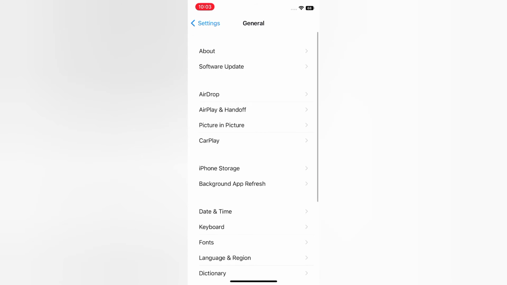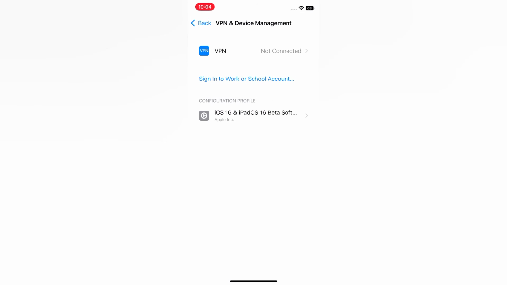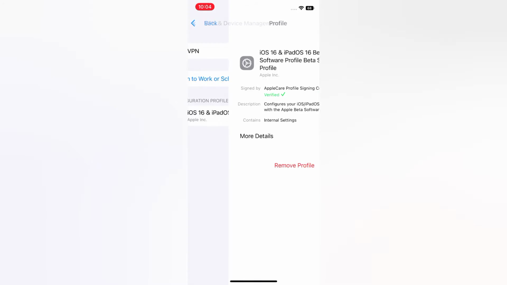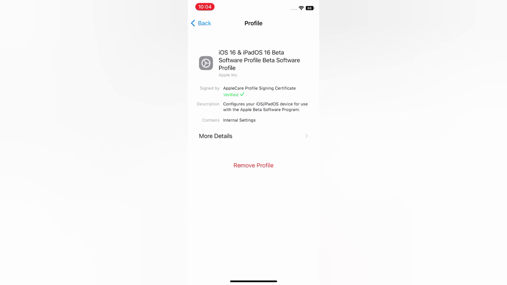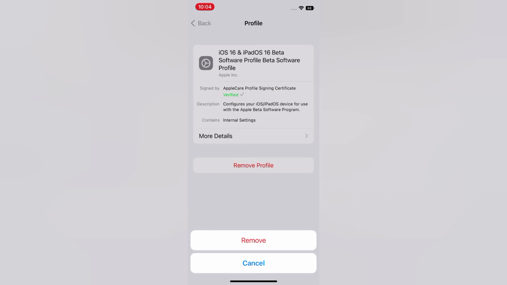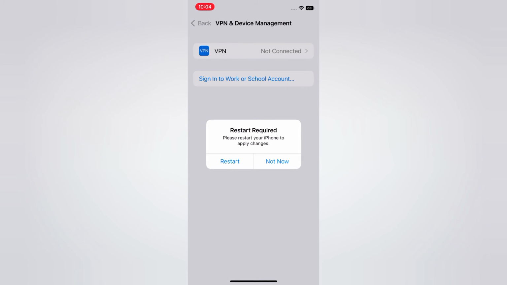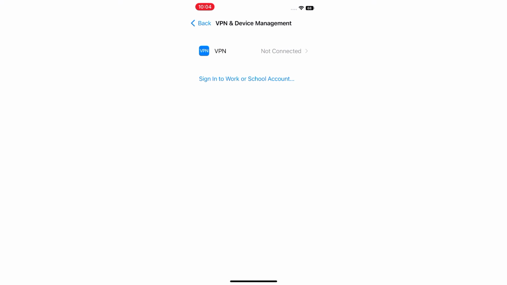On the General page, scroll down, tap VPN & Device Management, tap iOS 16, tap Remove Profile, enter your passcode, again remove it. Tap Not Now, then go back to the General page,